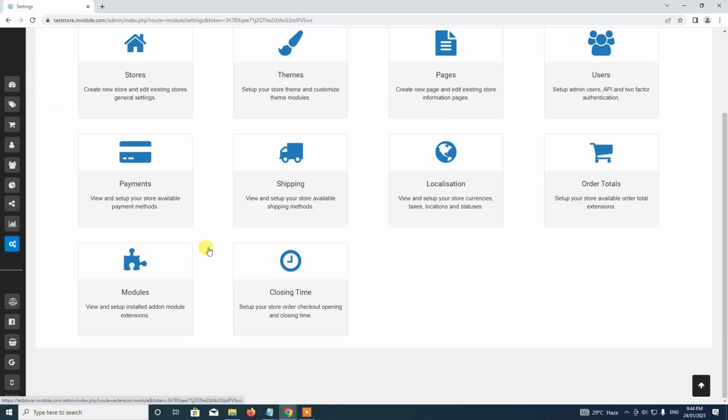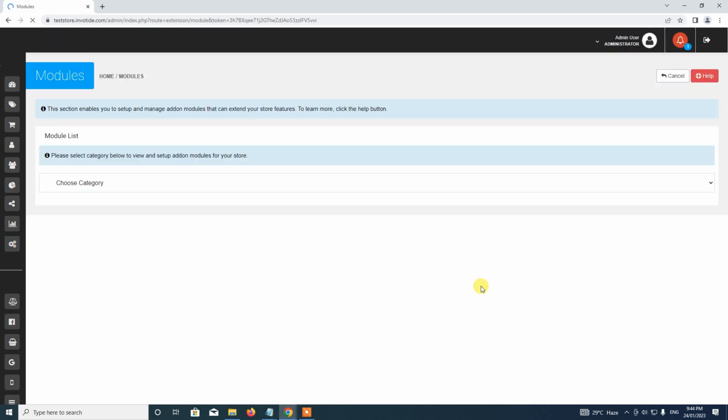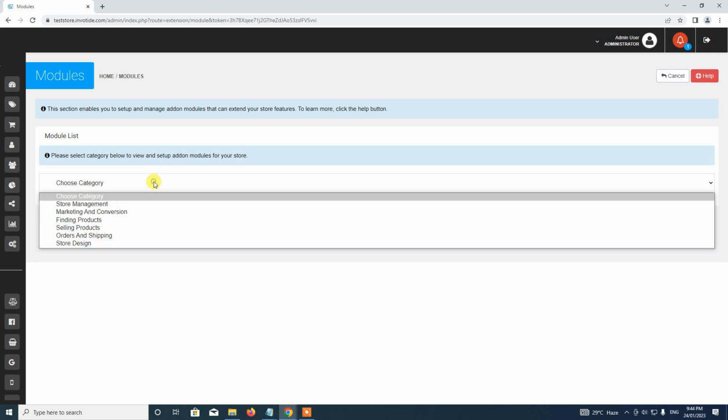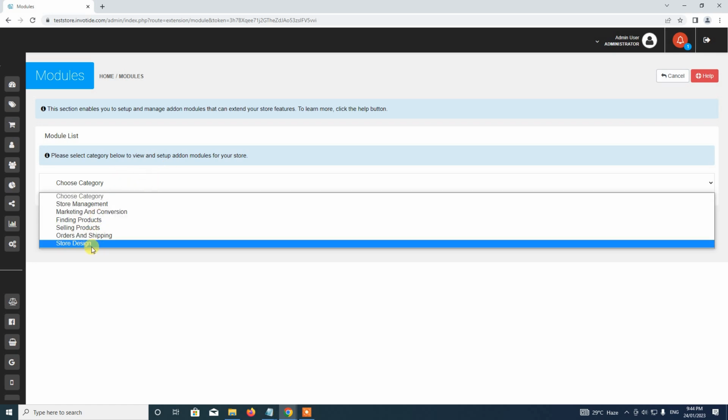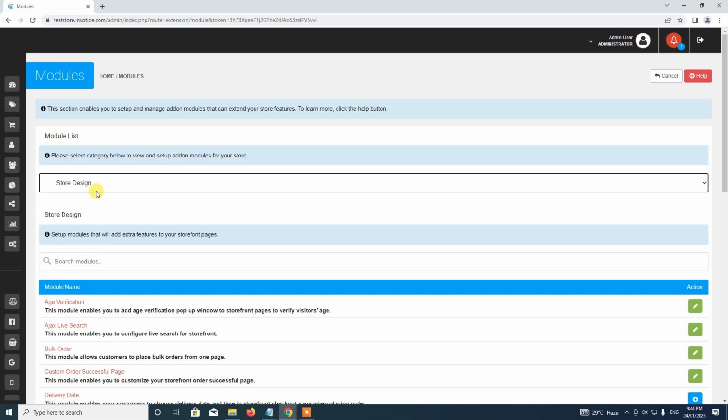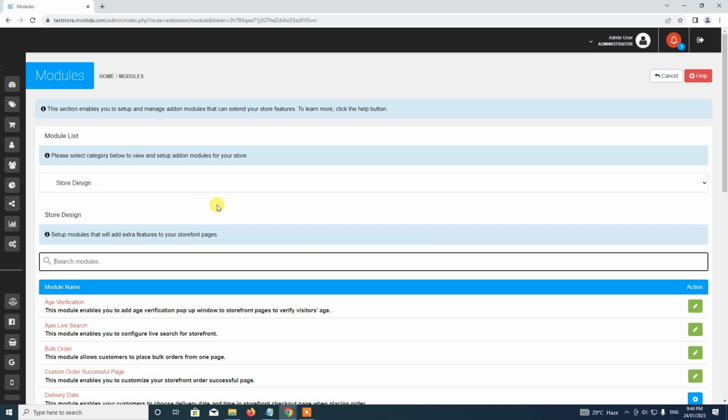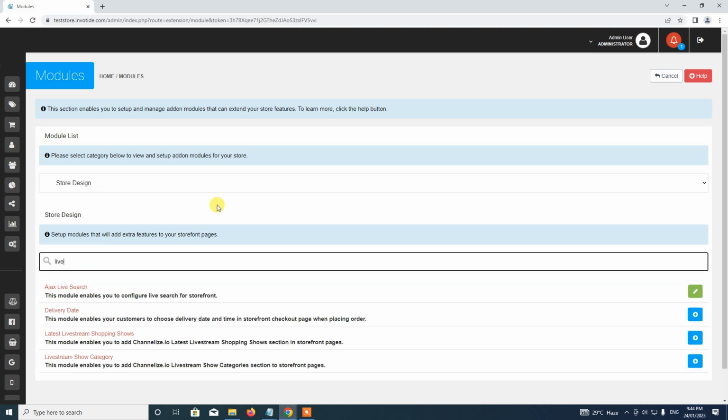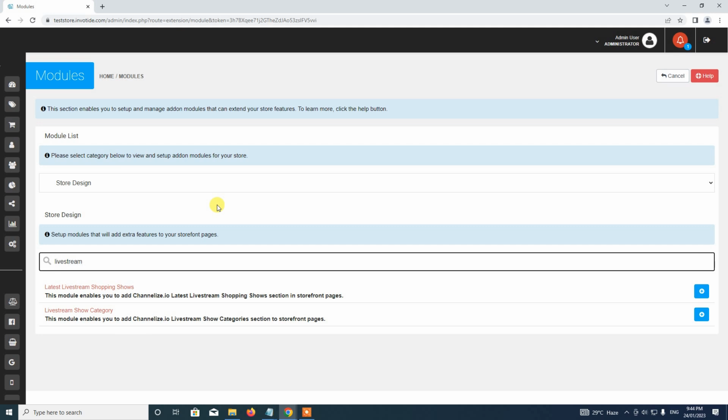In the settings page, we select modules. Here we are going to choose the store design category. Here we search for live stream. So you can see these are the two modules we have that we are going to set up to show in the storefront pages. Before setting up this module, you have to first set up the channelize.io